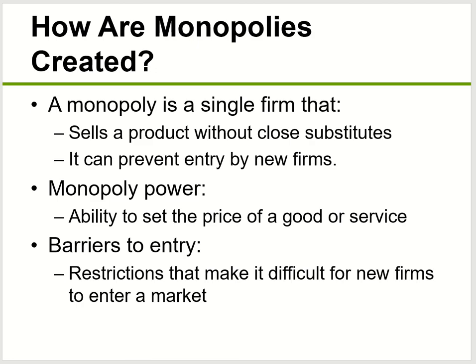So let's look at monopoly. Monopoly is whenever there's only one company in the market. Now in perfect competition, there are many companies, but for monopoly, there's only one company in the market. Because there's only one company, this company will have control over the prices of the goods they sell, because there's no other competitor. You can charge whatever price you want. That is called monopoly power. It's the ability to set the price they want to charge.